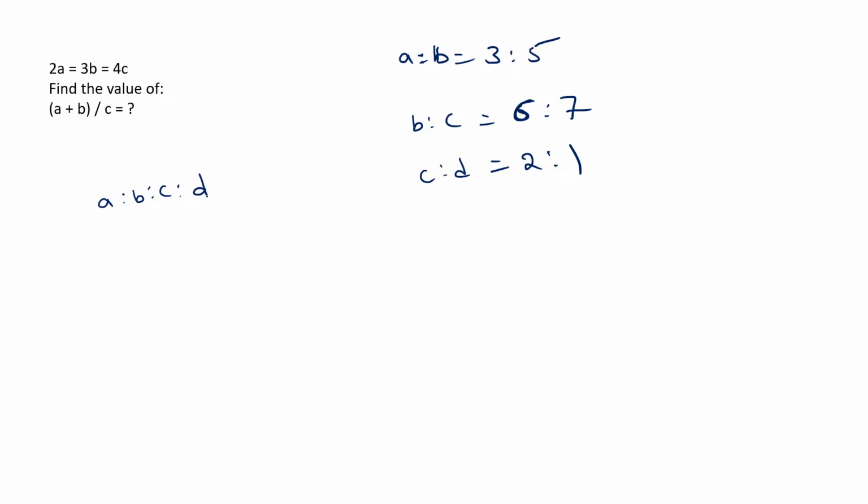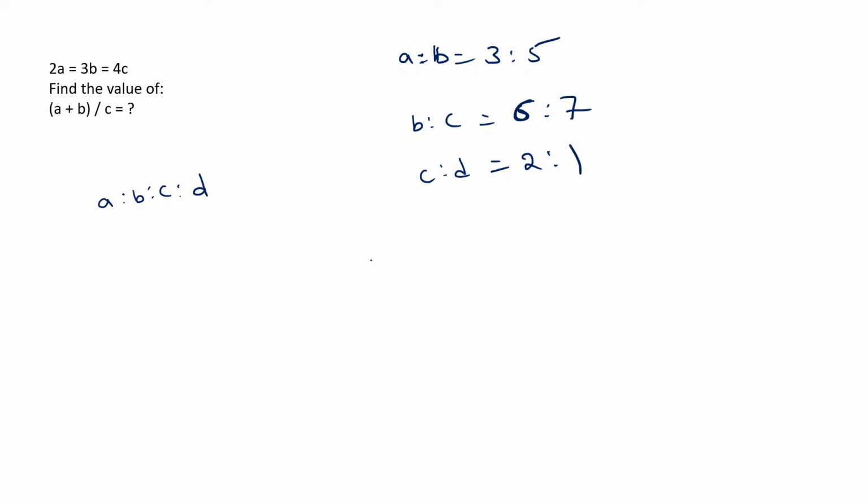So I want to find out the value of a is to b is to c is to d. I know a is to b equal to 3 is to 5, b is to c equal to 6 is to 7, and c is to d equal to 2 is to 1. What generally we do here is simplify step by step, first equate b, then equate c. It is going to take a lot of time. So the easiest way of doing these kinds of problems is, follow along with me, I will tell you the shortcut